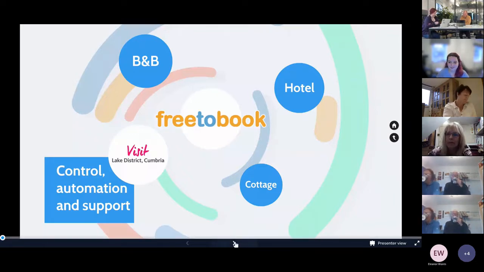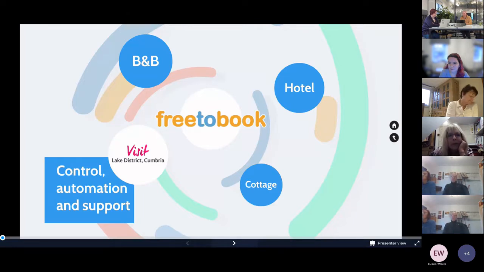Okay. So basically, I will explain a little bit about the system and a bit of history about us as a business, and then I'll go through maybe 3 instances of the types of business that we connect with and perhaps the kind of services or products that they use. We're probably slightly different from other systems in the sense that we have a pay-as-you-go model, and also one where you opt into the services that you'd like to use. So there's certain things that we've got in there that might be more suitable for hotels than they would be for a cottage, and vice versa.